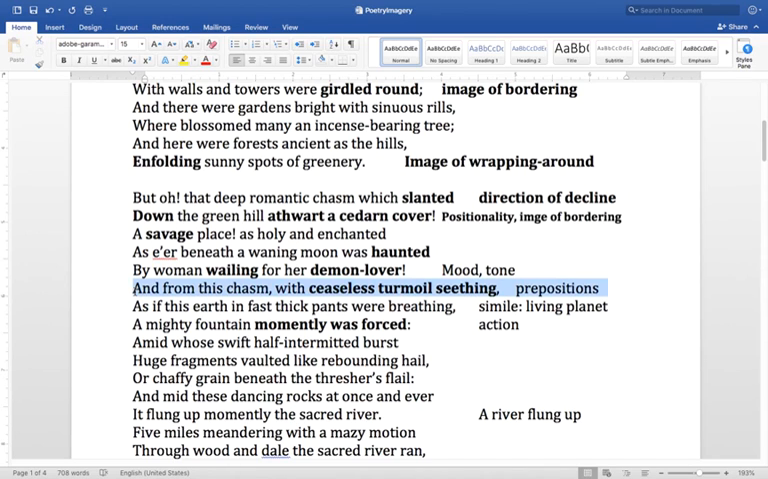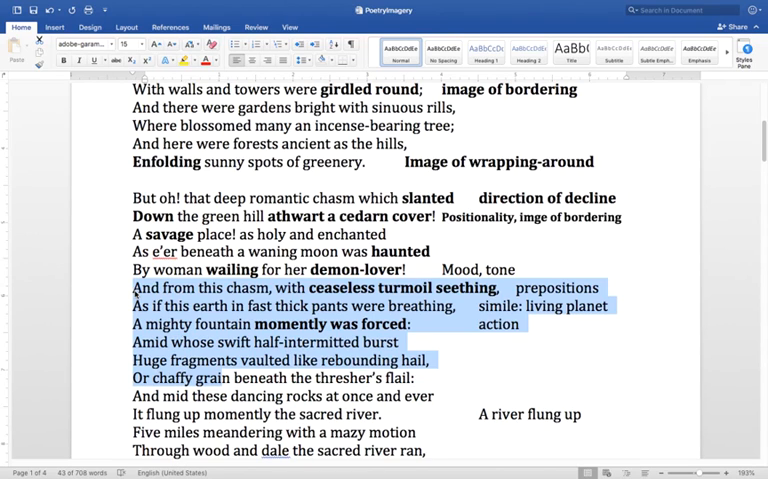From this chasm, with ceaseless turmoil seething, as if this earth in fast, thick pants was breathing, a mighty fountain momentarily was forced, amid whose half-intermitted burst huge fragments vaulted like rebounding hail or chaffy grain beneath